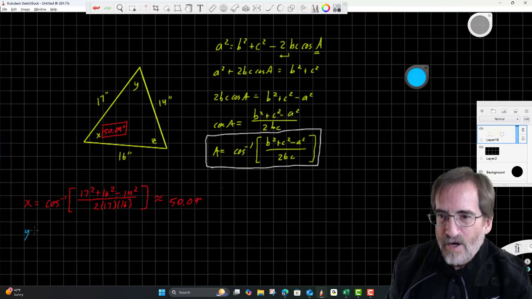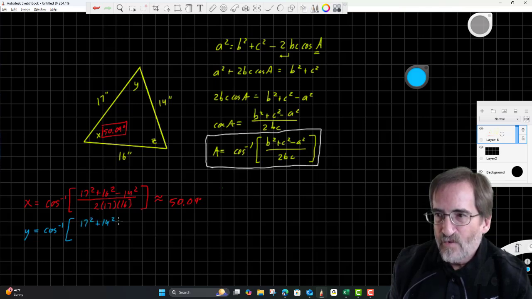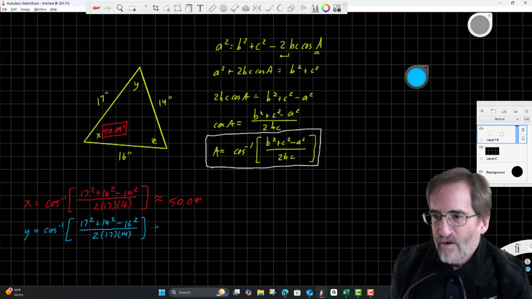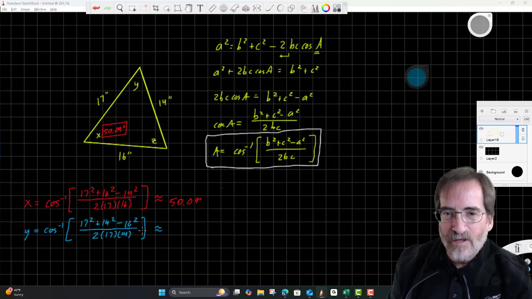So y equals arc cosine of the adjacent sides, 17 squared plus 14 squared minus the opposite squared, 16 squared, all over 2 times the adjacent sides, 17 and 14, is approximately,